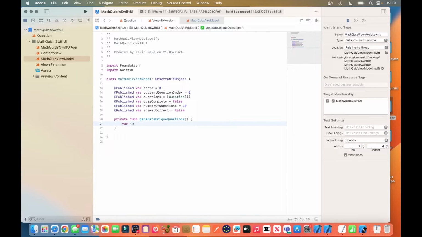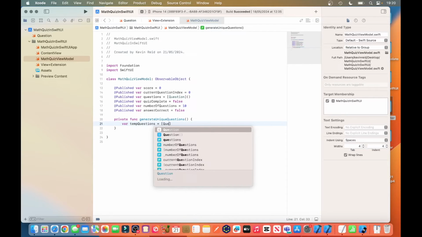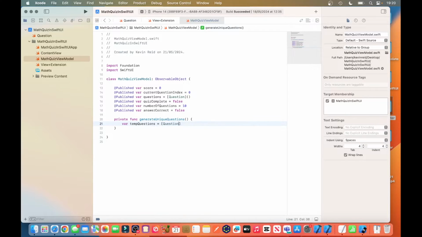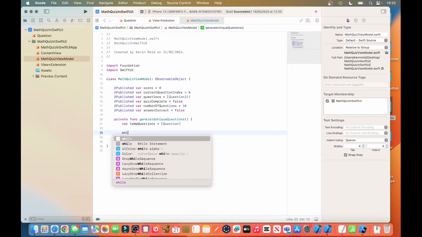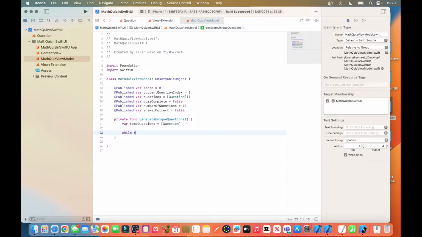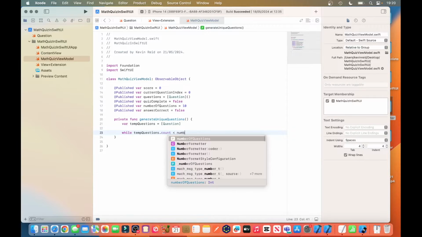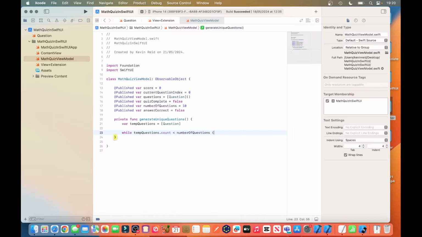And we also need a temporary array to store our unique questions, which will be generated. While tempQuestions.count is less than numberOfQuestions,